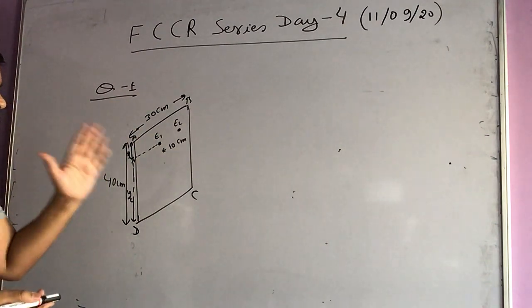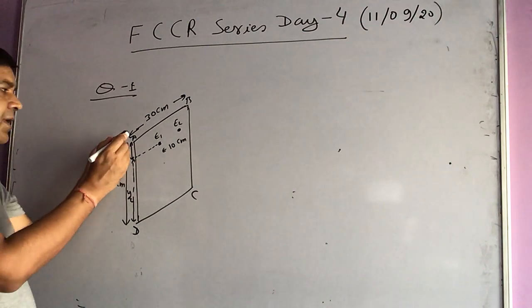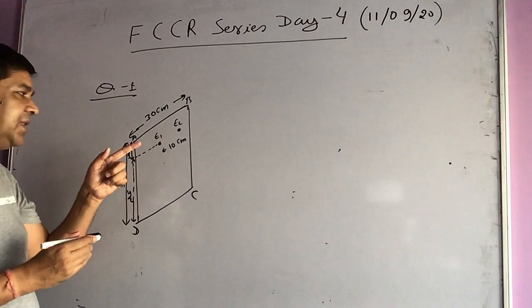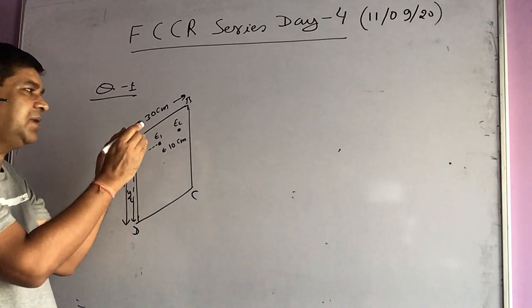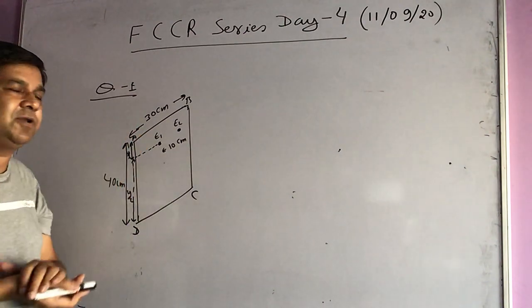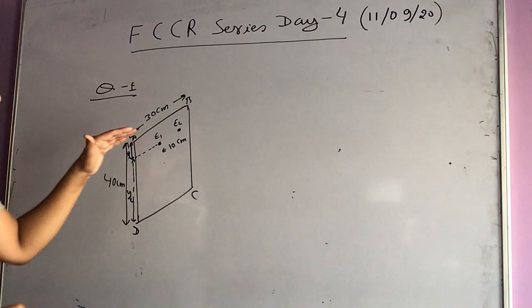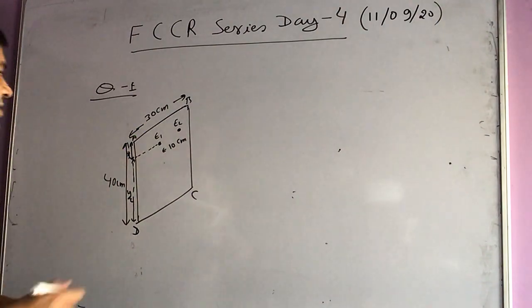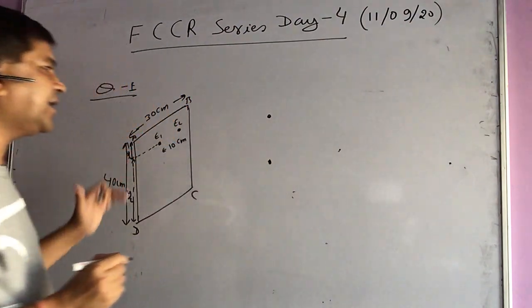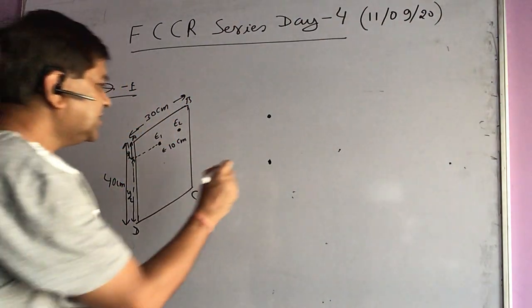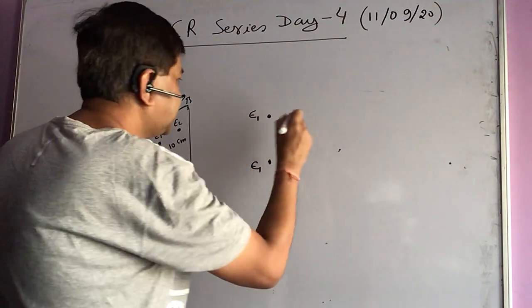In fact, if you take the width diagram for A, the ray will be coming from A and going to the mirror and then E1, and another ray will be coming from A, then the mirror, and then getting reflected back to E2. So obviously, if I take the diagram of X only, I am talking only about the X component, not the full ray diagram. So this is the ray diagram if I am considering only the X component.